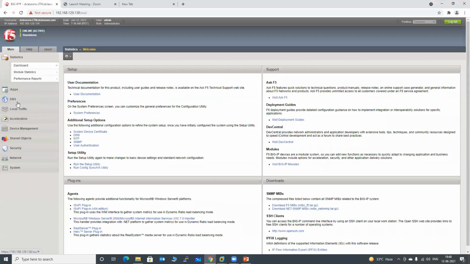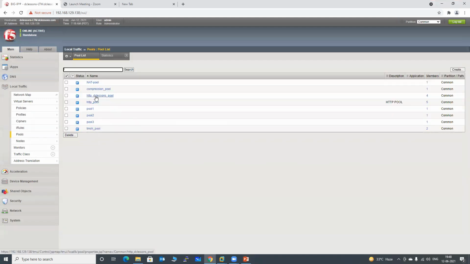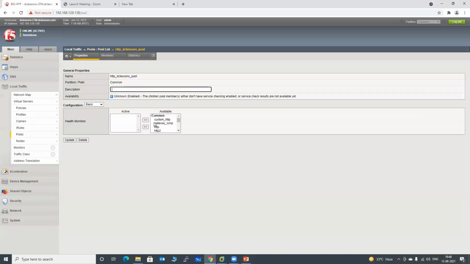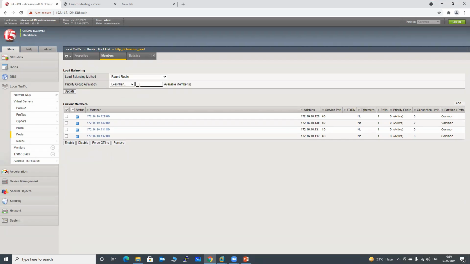Under the same HTTP pool which we have created, we'll go to pools, HTTP DC lessons pool, right? We will go to the members. Under members, here you can see priority group activation is disabled. So we can select less than, and here we can type 2 and then update, right? And then we will go to each and every pool, right? And then we will configure